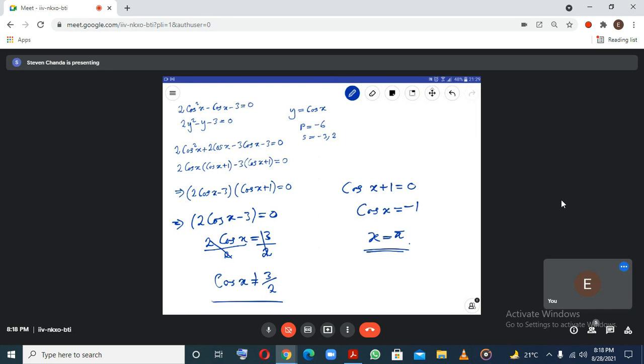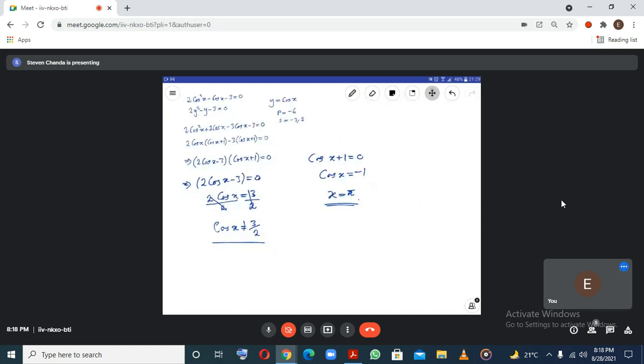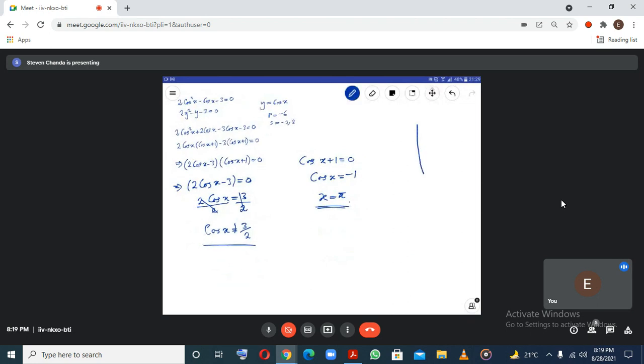So how would you be able to tell where cos is negative? Cos is negative, so remember, all students take coffee. So it's going to be negative where? In the third and the second quadrant. So when you look at where 180 is,